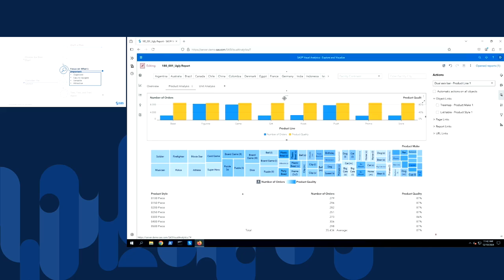So I'm going to start with the bar chart, and on the actions pane, when I select a product line, I want it to filter the tree map. And then for the tree map, when I select a product make, I want it to filter the list table. Okay, so my actions are now set up. So when I select these things, I only get returned values within that particular selection.